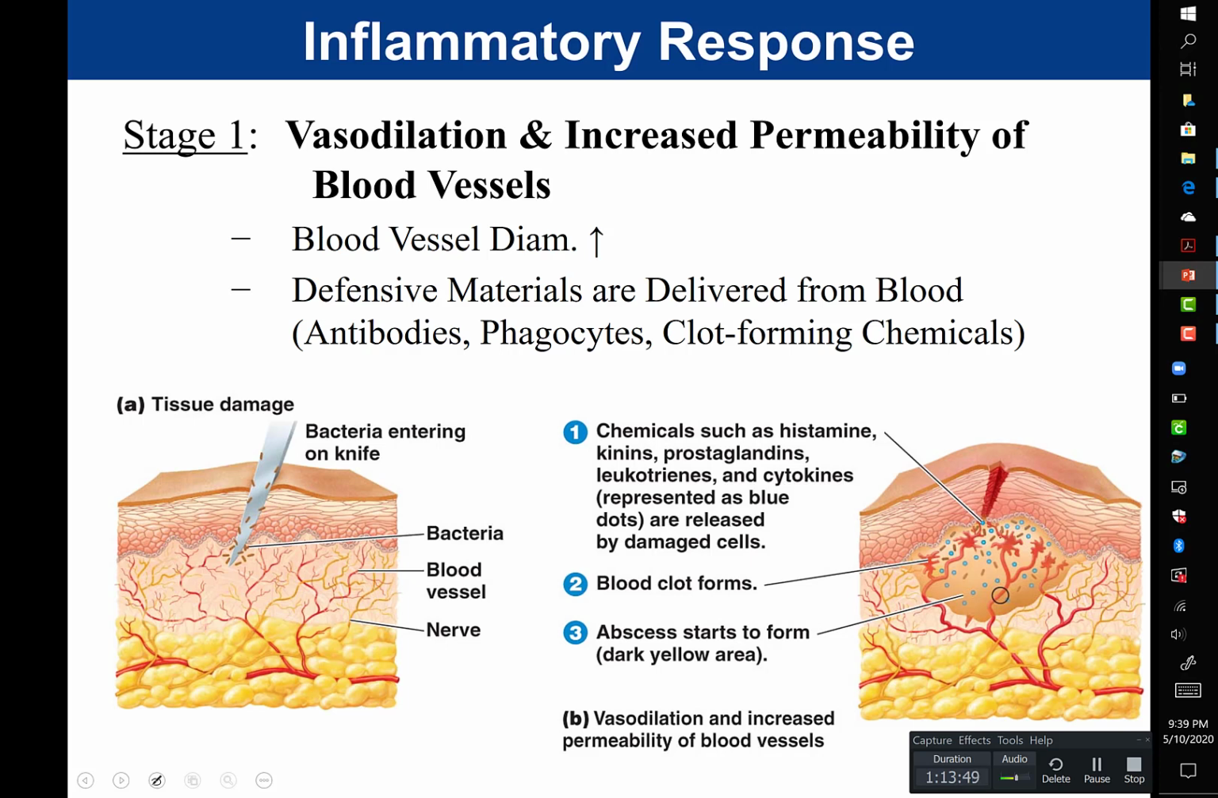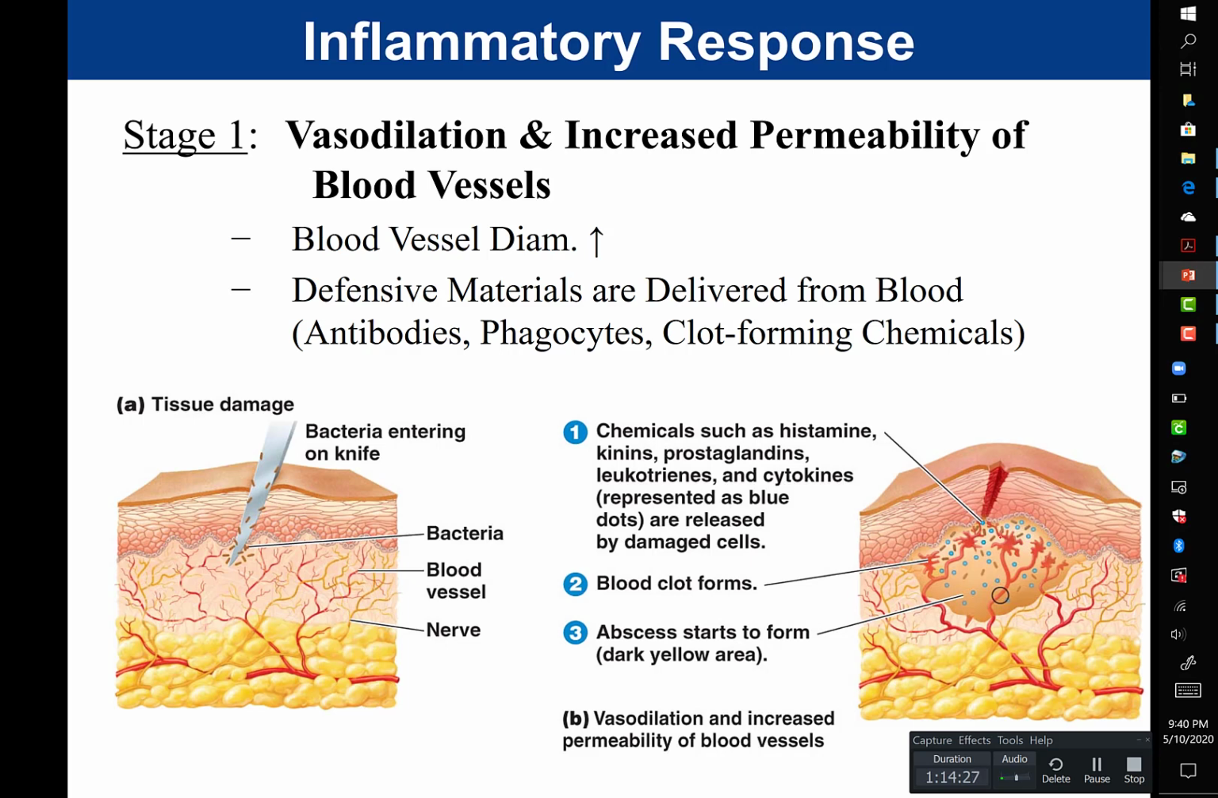Now, when this blood clot forms and this abscess starts to form, we have vasodilation. Blood vessels dilate, so the blood vessels are going to increase in diameter. You might think it's counterintuitive because you think, well, don't you want to stop bleeding? Yes, but that's the job of the blood clot, to stop the bleeding. The reason you want blood vessel dilation is that you want increased blood flow,